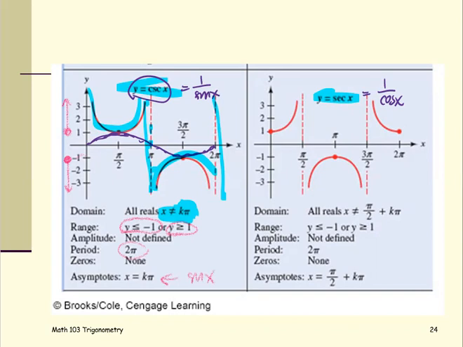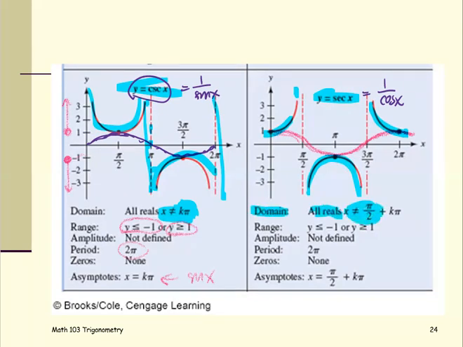The way to get the information of secant of x is the same thing, by sketching the graph of cosine x to begin with. And then sketch the reciprocal graph to obtain the graph of y equals secant x. Reciprocal, excuse me. So the domain of the y equals secant x graph is the set of all real numbers except